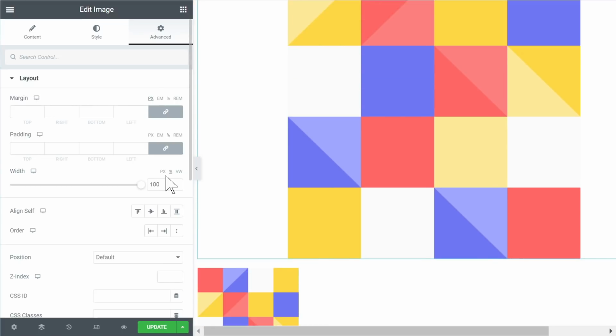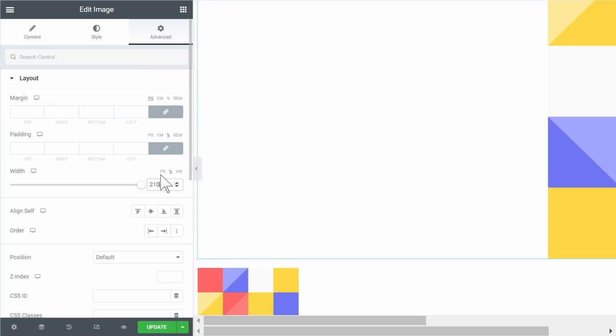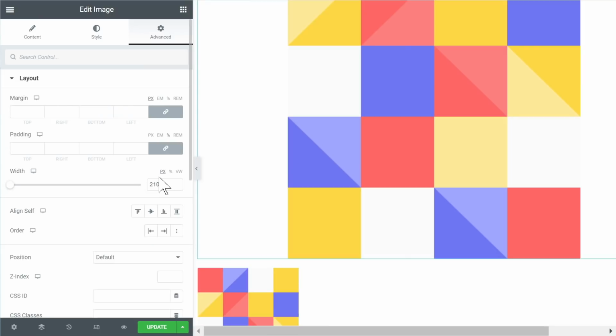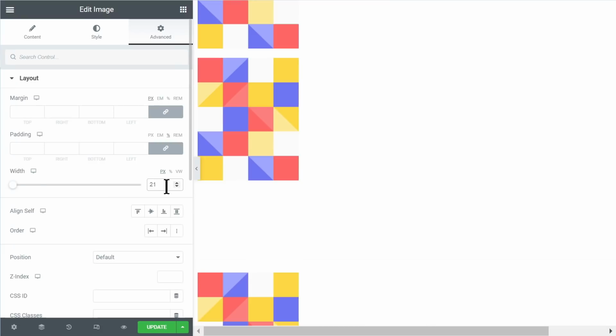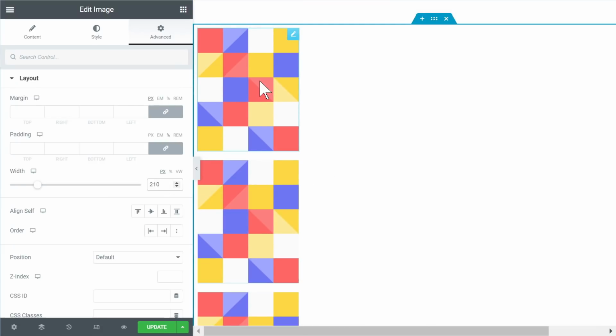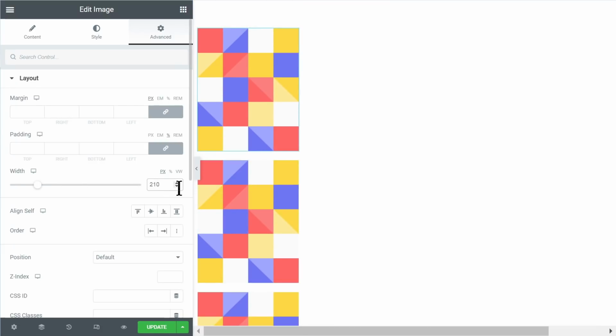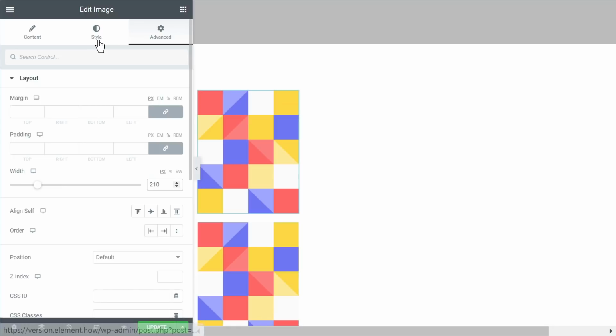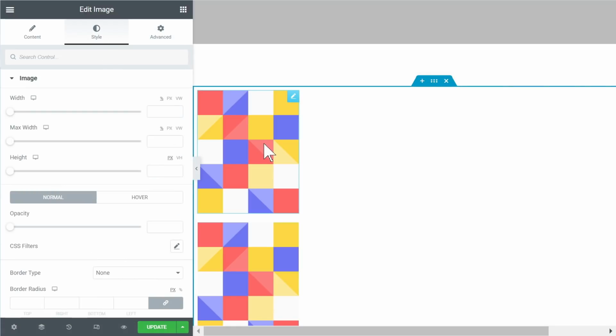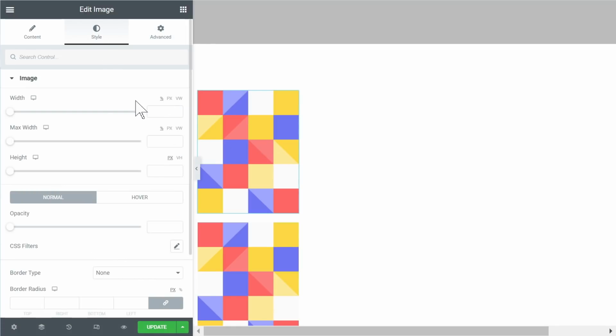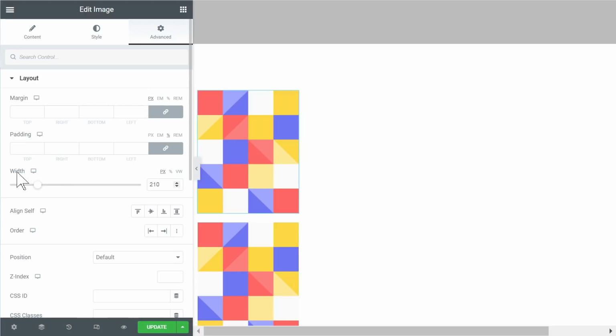Okay, so let's get back to my 210 pixels. It's a little bit buggy. All right, so now I have 3 images all set to width 210. And another thing to mention about this is the width here that you see for the image element in particular, I think you should pretty much just ignore most of the time and use the width here under